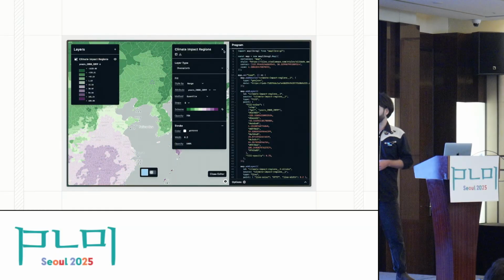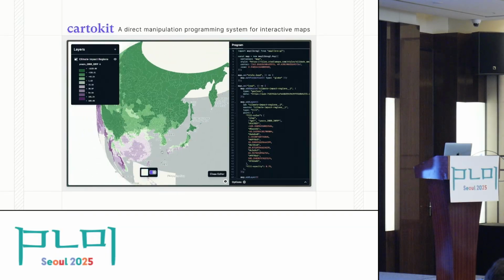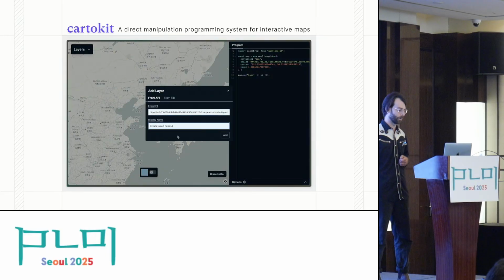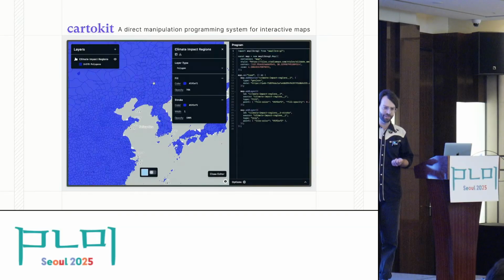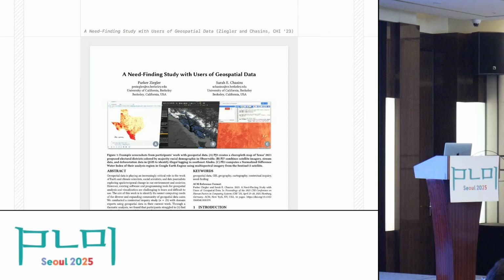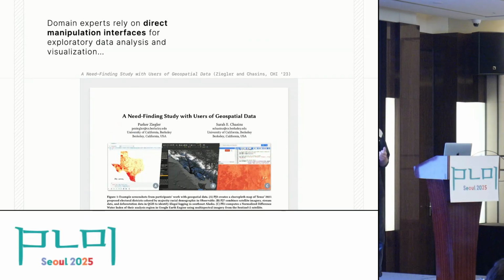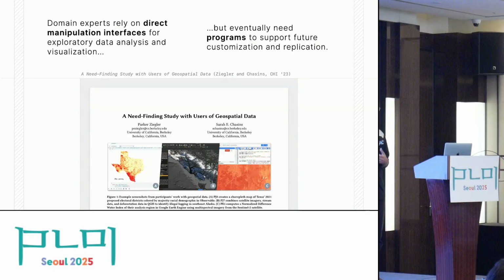What you're seeing here is the actual system that we built called CartoKit, where I'm manipulating this output map, and the system is modifying the corresponding JavaScript program in real time. I got really excited about these kinds of tools after doing some observational research with data journalists, climate scientists, and social scientists, all of whom work with geospatial data. From observing these domain experts, I found that many rely very heavily on direct manipulation interfaces for their exploratory data analysis and visualization, but eventually almost always need access to a program to support future customization or replication of their work. And so ever since, I've been really excited about how we unify these two into a single